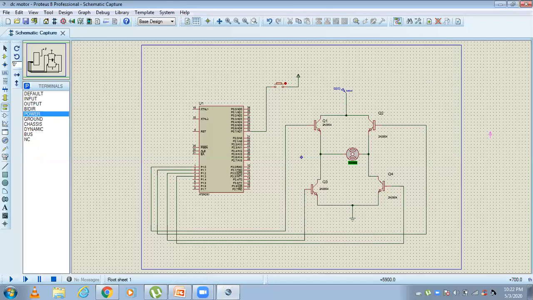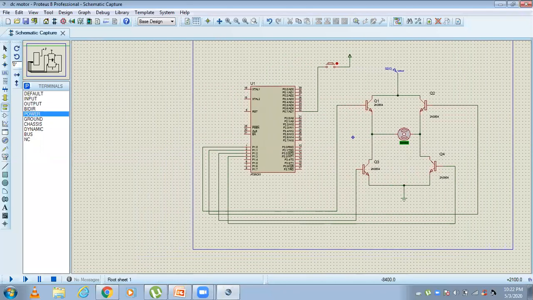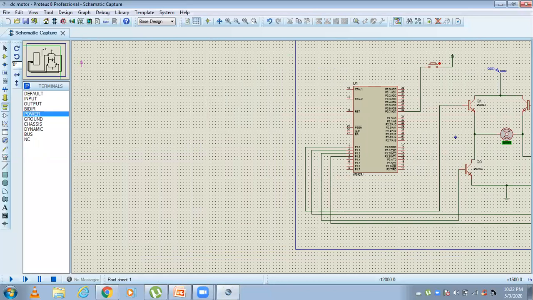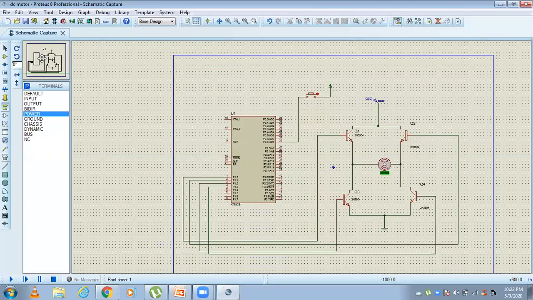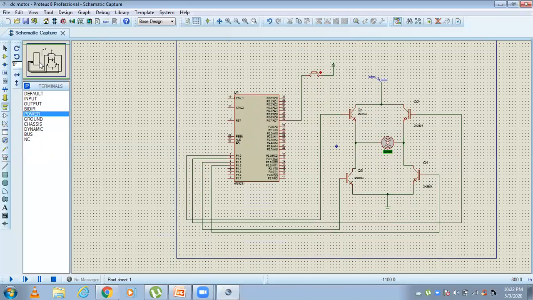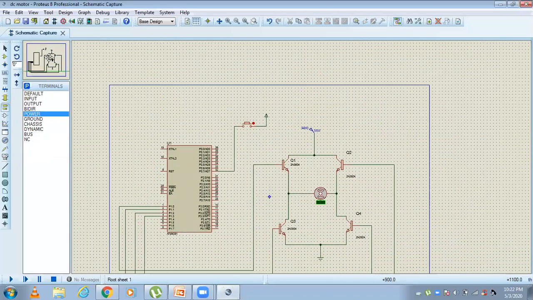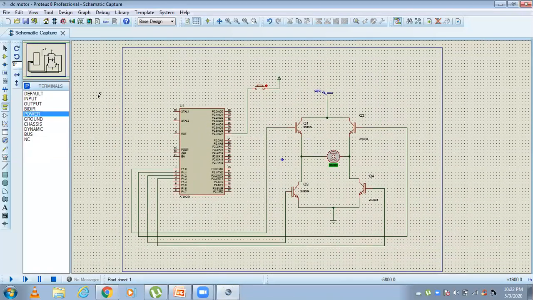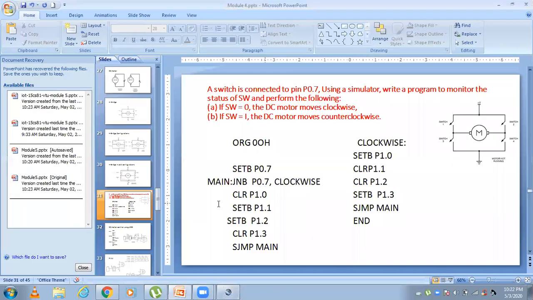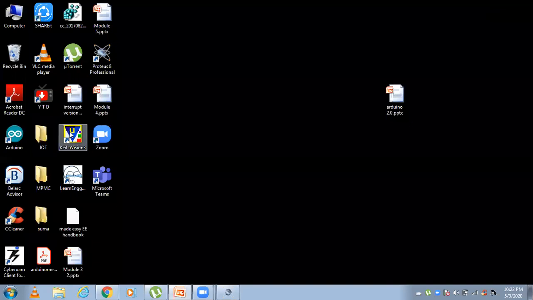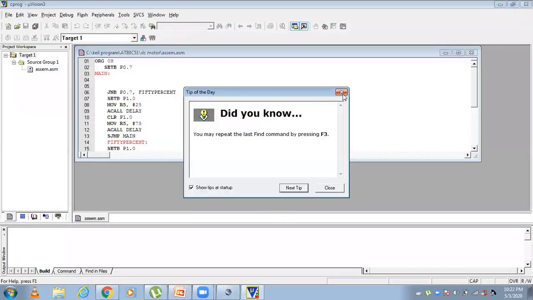Now we have to load or dump the program into the Atmel 89C51 microcontroller. Before dumping the program, we should simulate it, so open the Keil software and execute this program.